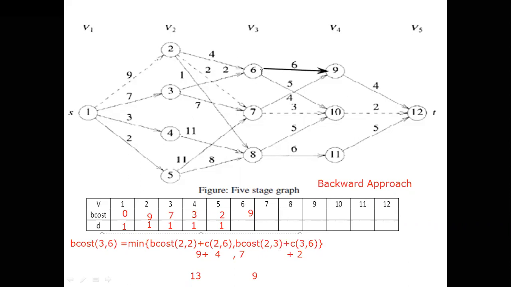From which vertex it is coming and penetrating? 2, 6. See here, 2, 3, 3, 6. From which vertex it is coming and penetrating to 6? Because this is the value we are considering here. The smallest one is 9, this value. From which vertex it is coming? It is coming from 3, right? 3 to 6 it is penetrating. That's why here I should update as 3. Right? I will adjust that value.